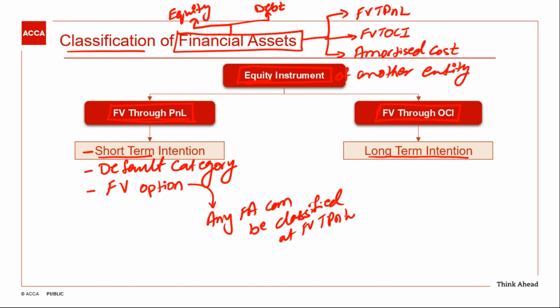Jagmeet, the issue of mismatch is something which is there in financial liability side. The point that you are telling relates to the fair value option when we talk about financial liability. There is no such condition in case of fair value option of financial asset. So in case of financial asset, we have a fair value option that we can classify any asset at fair value through P&L. And the fourth type of classification possible is that